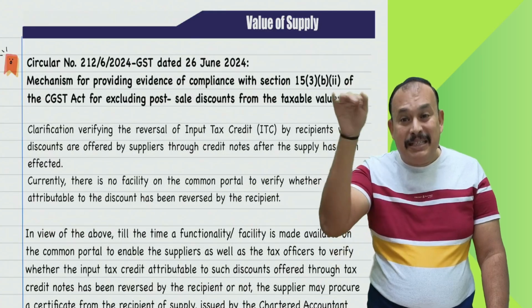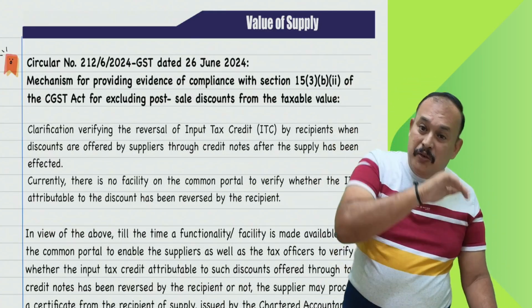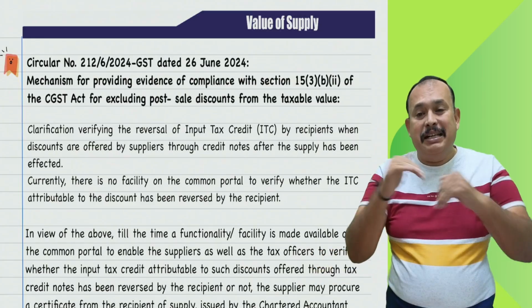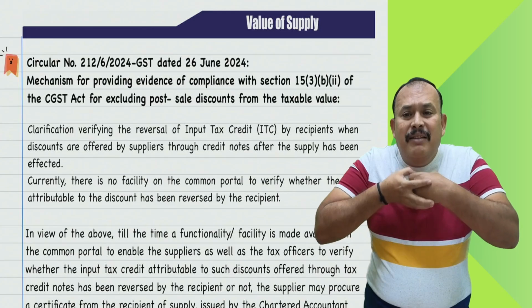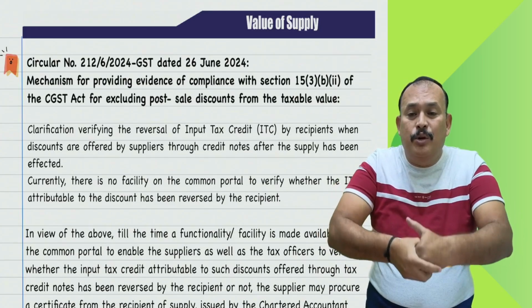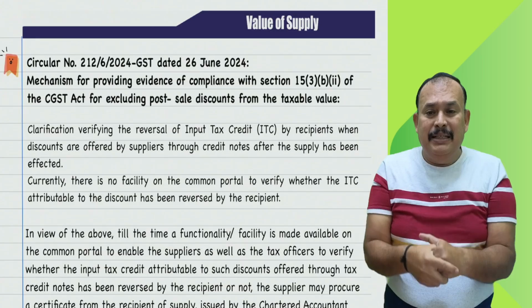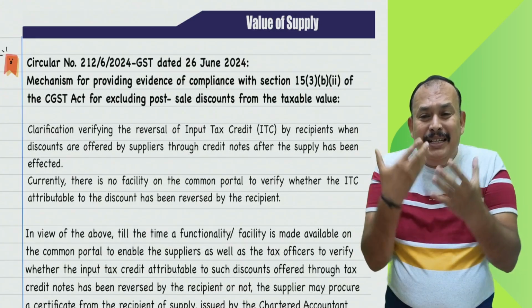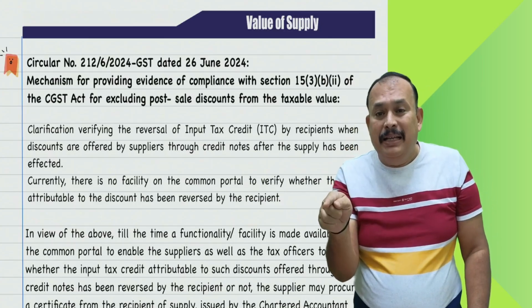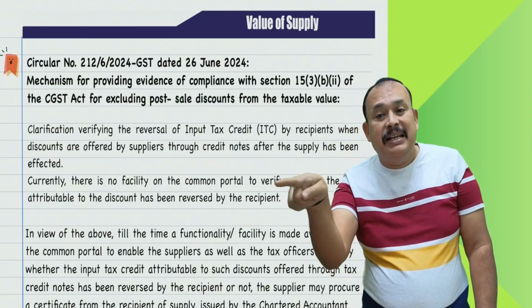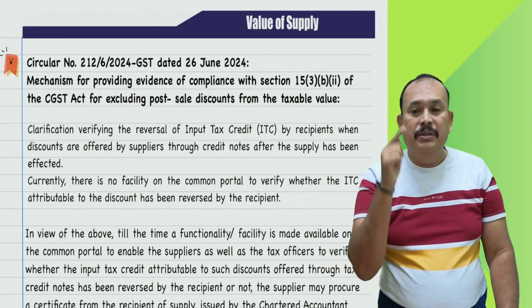Such a debit note received by the seller from the buyer is a credit note for the seller to avail the ITC. If the seller avails the ITC on such debit notes received from the buyer, what is the guarantee the